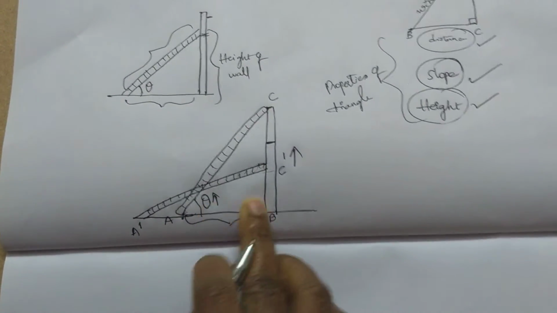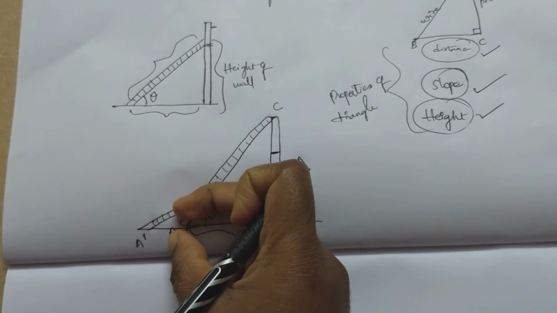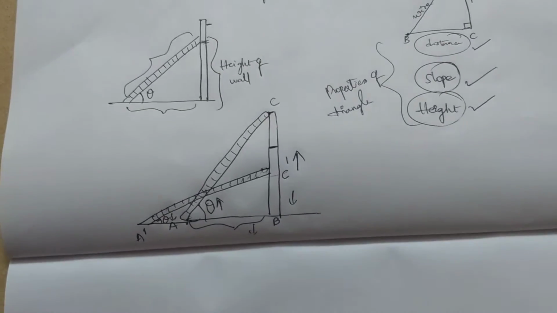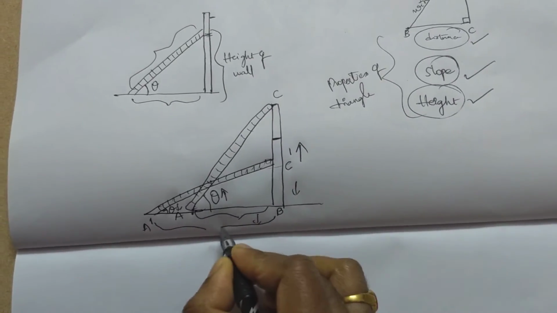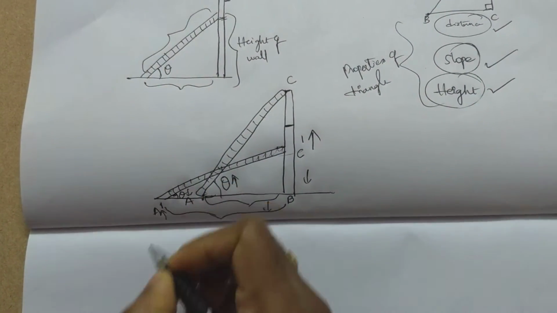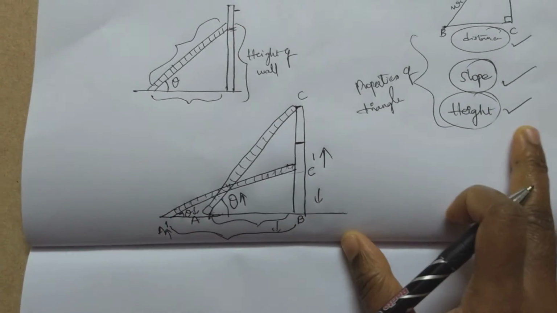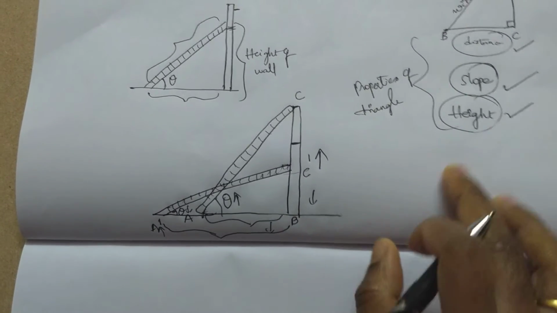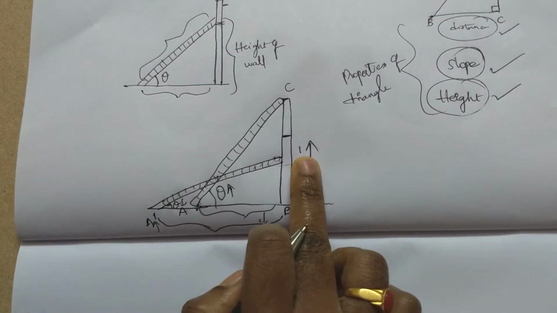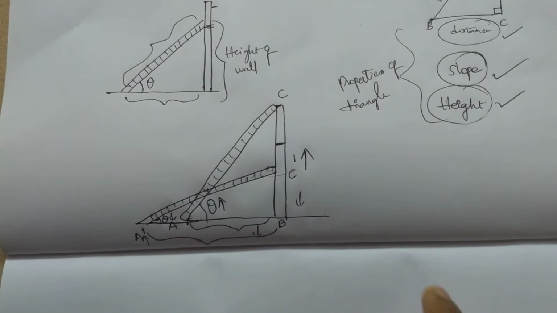See, when the height is decreased, the angle is also decreased here. It's only this part. It means theta is decreased. Height is also decreased. And when you see here, the base is increased. Correct? So this is the relationship. When theta decreases, height also decreases, but the base increases. When theta increases, height also increases, but the base decreases. Clear? So this is the relationship.